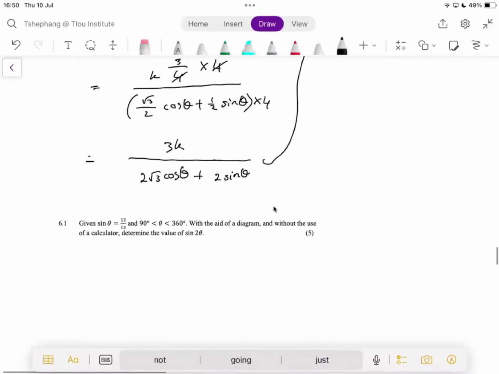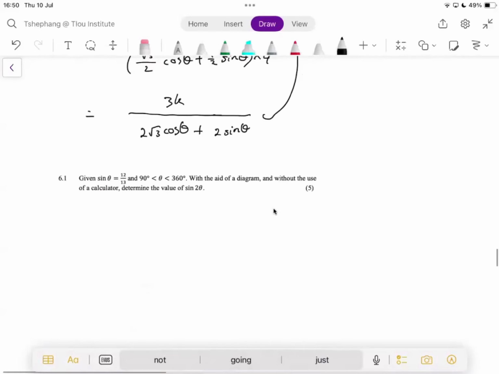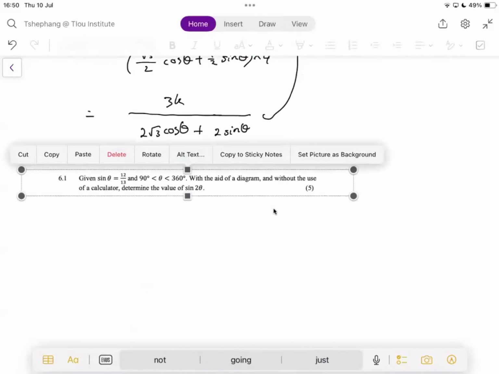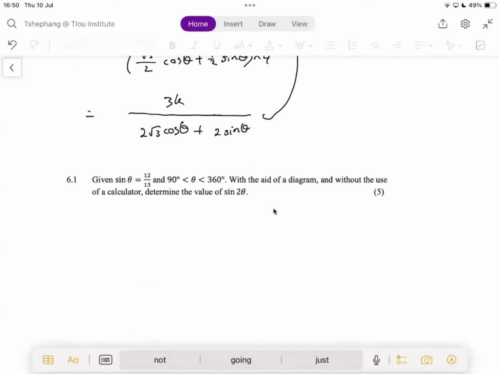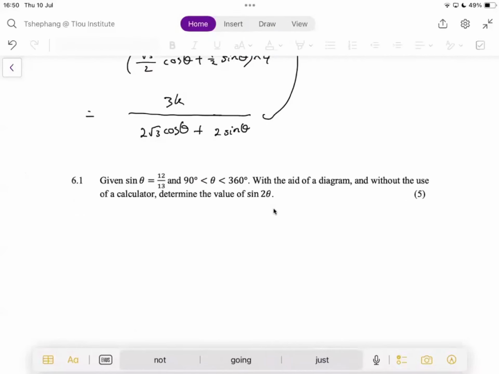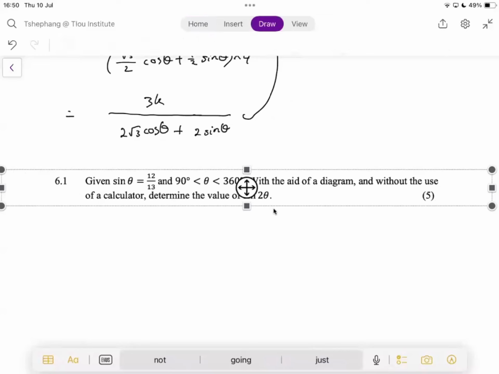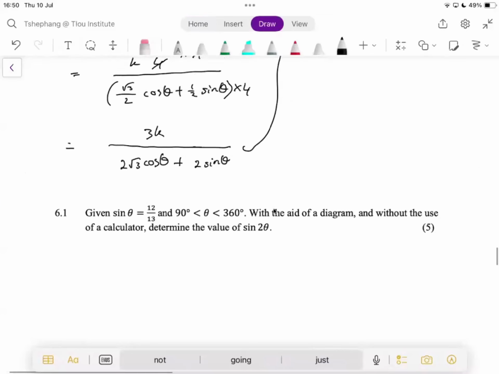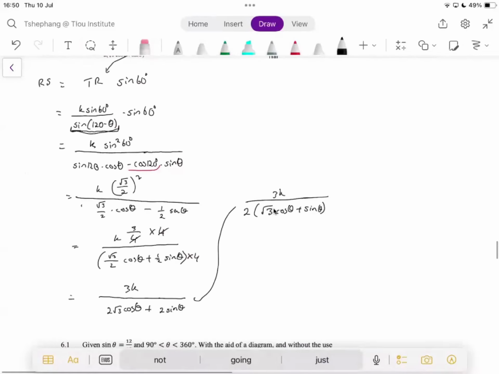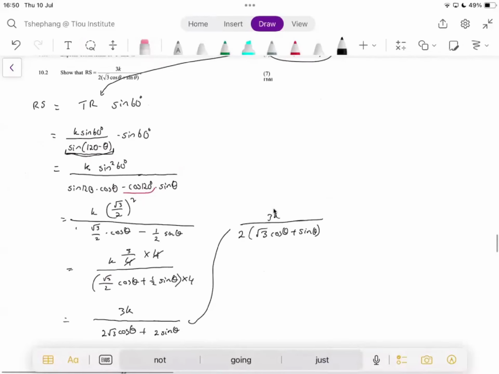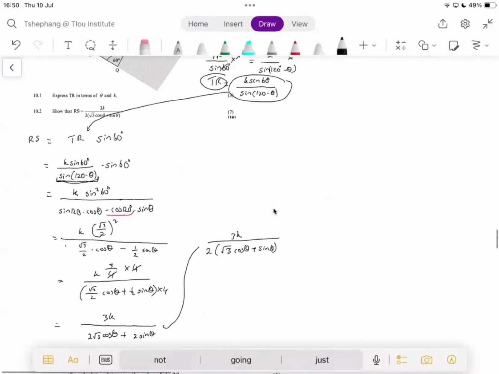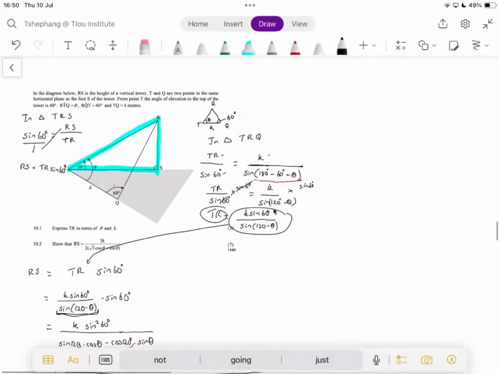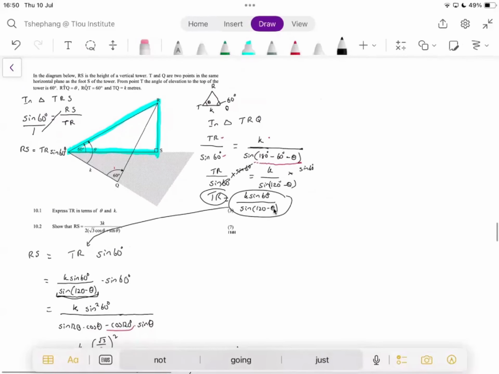Perfect. Now here's another diagram-based question. I'll quickly let you guys attempt it before we move on. But I'm going to give you hints. Please make sure that you do attempt it. People just want to take a picture. Let's do this quickly. But the notes will be shared with you guys. But you can take a screenshot. The notes will be made available to you guys.